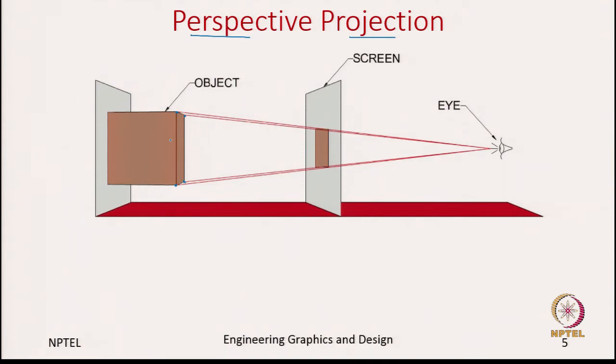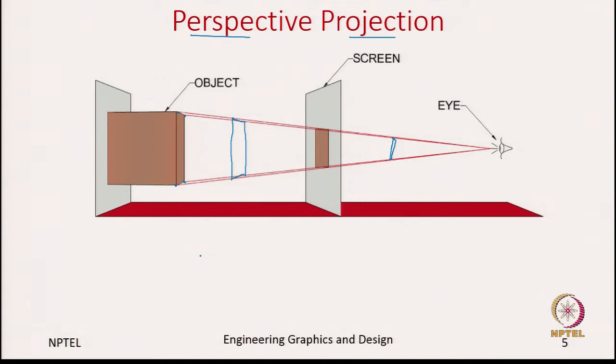Okay. Now, let us try to understand a little more. Now, let us say if I move this projection plane closer to the observer, what happens to the size of this square? Will it be big or small? As you will notice, the size of the square will be a little smaller. And now, let us see the other extreme. When you move the projection plane closer to the object, you notice that the size of this square increases.